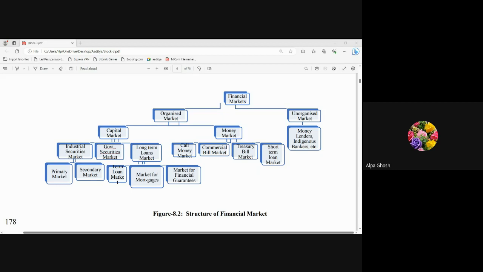Indigenous bankers are the group of people, or the community of people, who are into the money lending business. Now, what is the difference between money lenders and indigenous bankers? Money lenders are individuals, and indigenous bankers are those community of people who have been into the money lending business since inception. I can give you the example of India. In India, we have different communities of people. The people were divided, long before independence, right from British rule, according to the type of job they do.